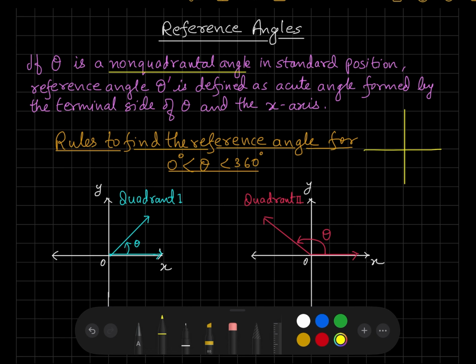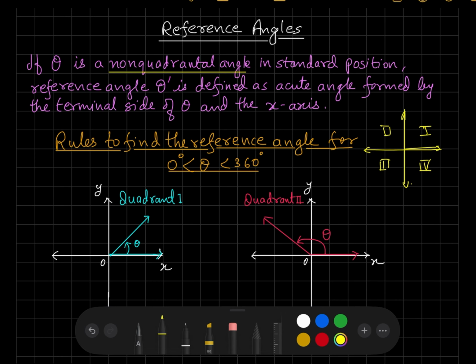Non-quadrantal angle means any angle which is in the first quadrant, second quadrant, third quadrant, or the fourth quadrant, but it shouldn't lie on the axes. The angles whose terminal side lies on the axes are quadrantal angles. So any angle other than a quadrantal angle, if it is in standard position, then